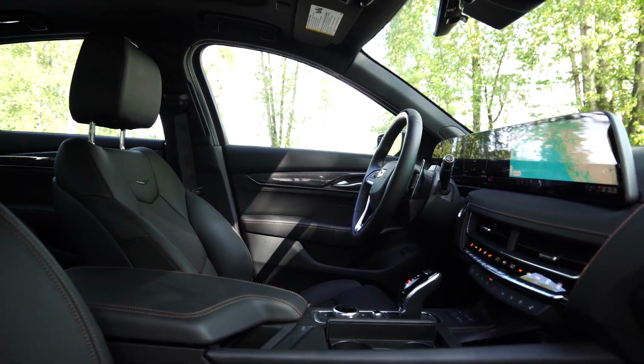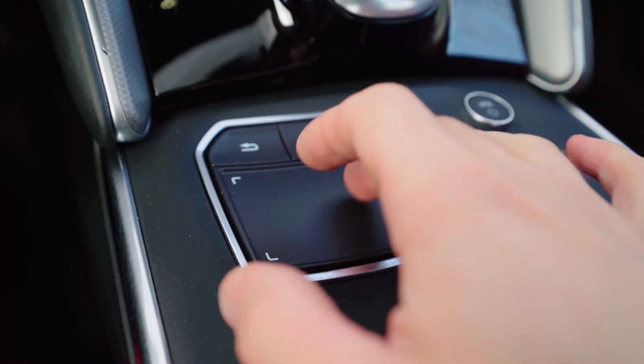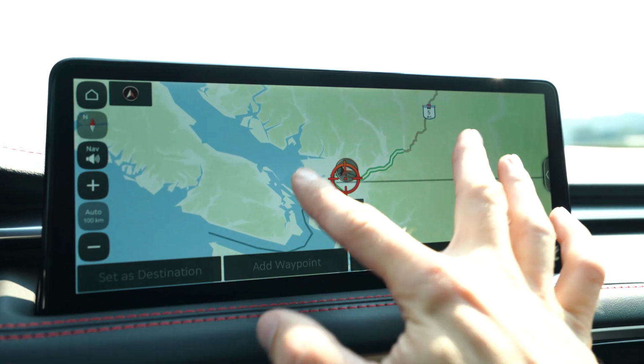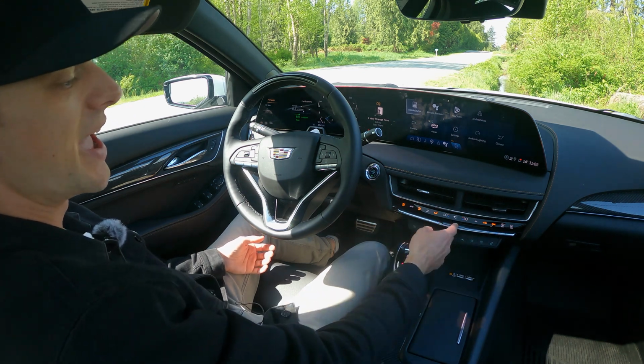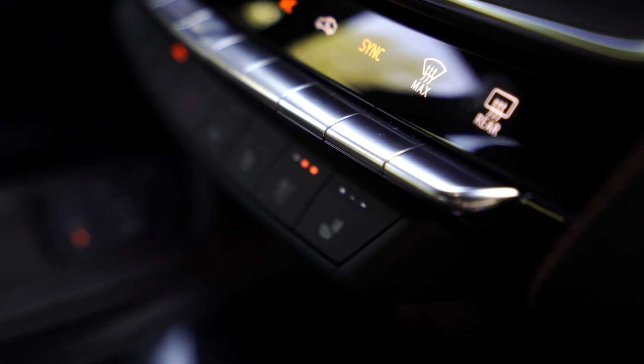Okay, so this is where the CT5 kind of rises above a lot of the competition. The user experience here, full stop, is better than the TLX, better than the G70, better than the Lexus IS 300. We'll start with the climate control. It's perfect. Just a row of physical controls here. A lot of other manufacturers who updated or came out with a new model in the last year or two